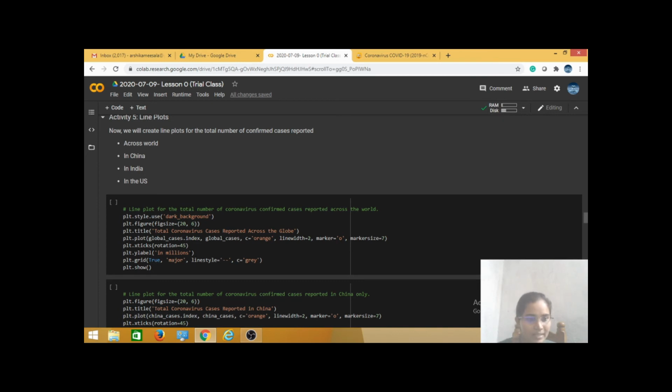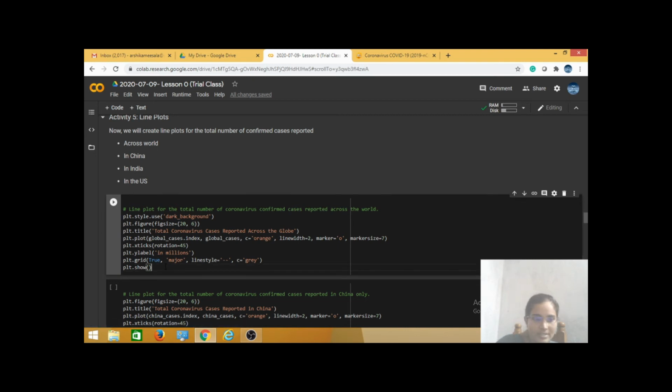Here I am setting the y label as in millions. Next one is plt.grid True, linestyle equal to dotted, c equal to gray. Here I am setting the graph grid as dotted. Here the line style is dotted and the color is gray. For displaying that graph, here I am using plt.show.